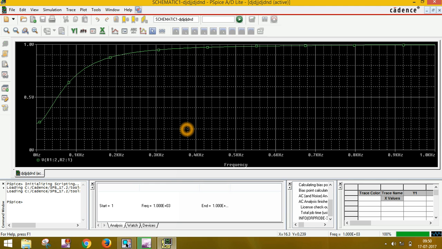Now this is our graph. Here you can see the frequency is changing, and our graph is also changing.